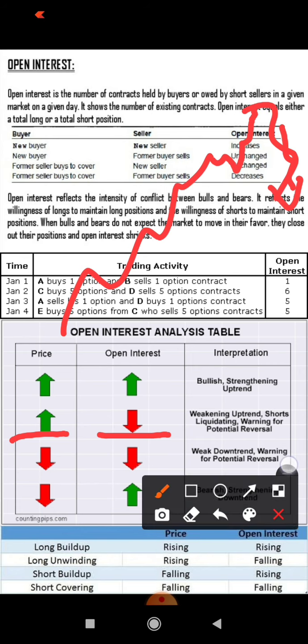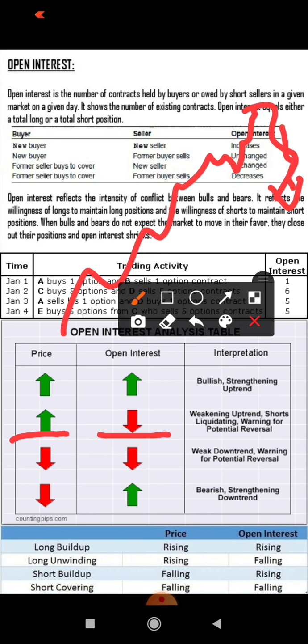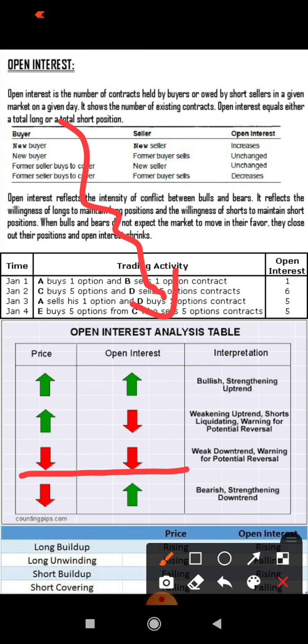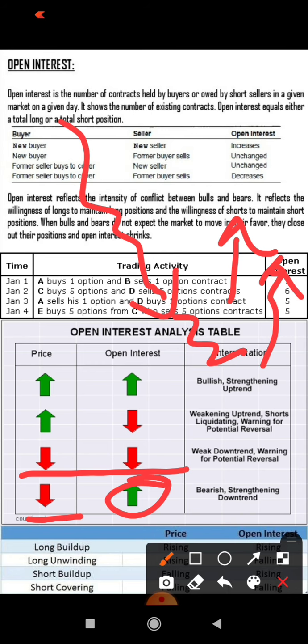Maybe you can use this sign to cut your position. So that's what it signifies. Another case is when the stock is already falling down, but then the open interest starts rising, and the stock price is still falling. This means the rising open interest indicates that the trend is about to change, like the stock might go up anytime. So in this case, if you are already on the short side of the stock, you should be careful and close your position or use a proper stop loss. So this is how you should read it.